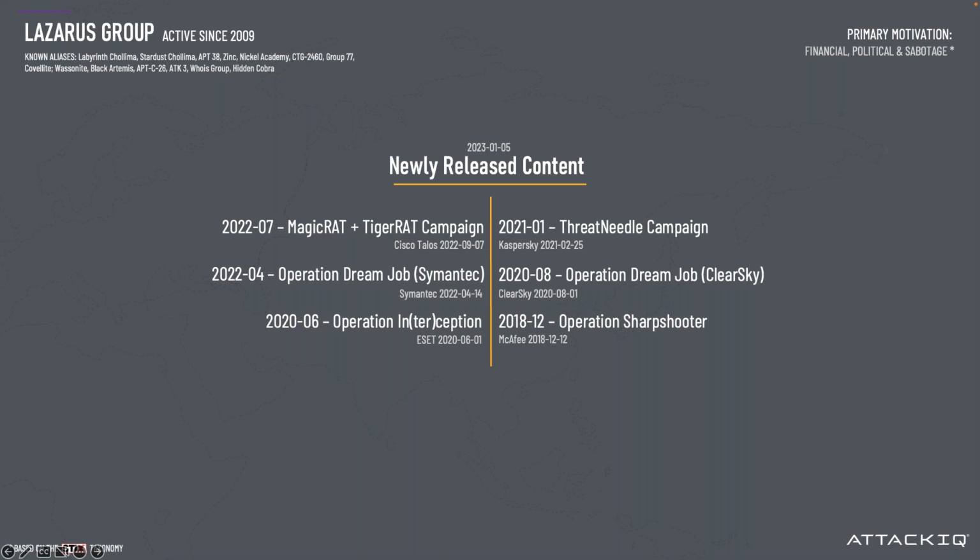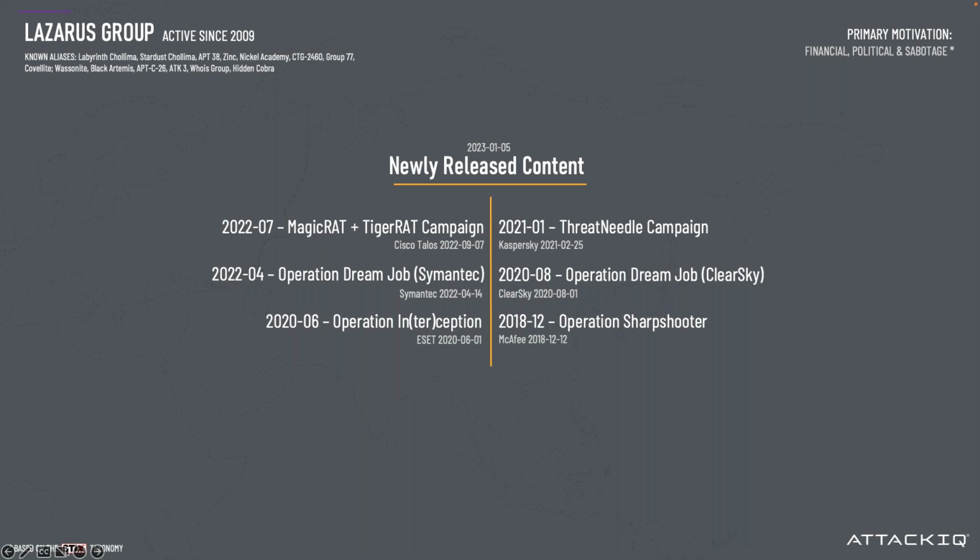The second activity that we emulated is the Threat Needle campaign that took place from mid-2020 to early 2021, in which Lazarus conducted a COVID-19 based phishing campaign against victims located in the defense industrial base and technology sectors. An interesting detail on this activity was how the adversary overcame network segmentation by gaining access to an internal router machine and using it as a proxy server, allowing them to exfiltrate stolen data from the intranet network to their